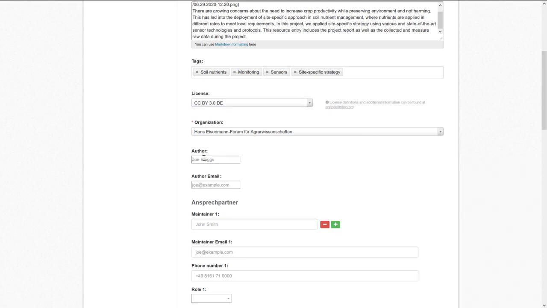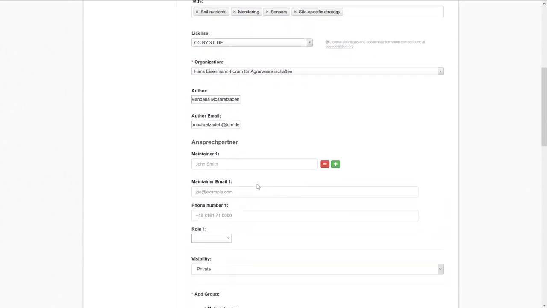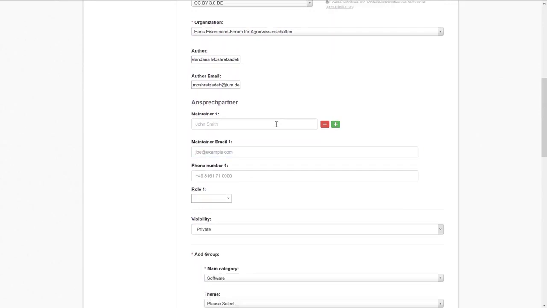For the section Author, you should provide the author of the resource, who might be somebody other than you. In the backend, your name or account will automatically be recorded as the creator of this resource in the catalog, but that is different from the author. The maintainer is responsible for the long-term maintenance of the resource. The maintainer can be a person, an organization, or a department. This section is optional. However, in general, filling in the optional attributes increases the searchability and reliability of your information